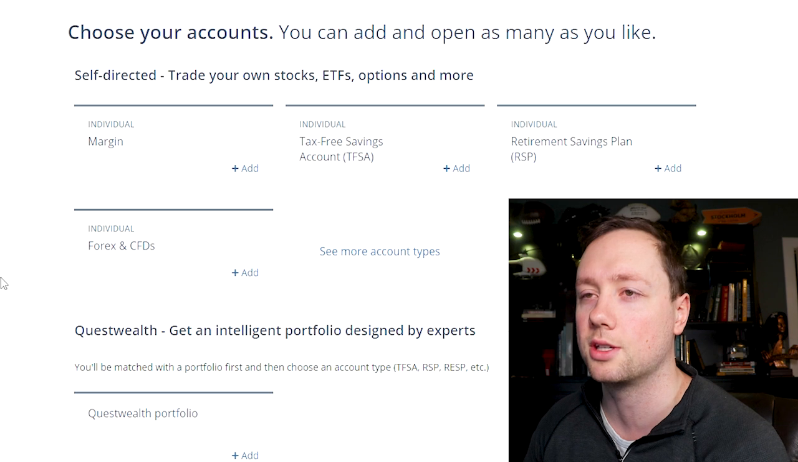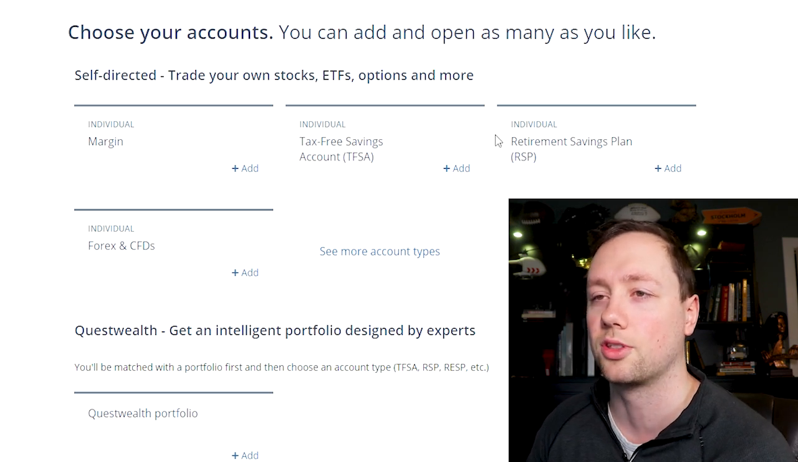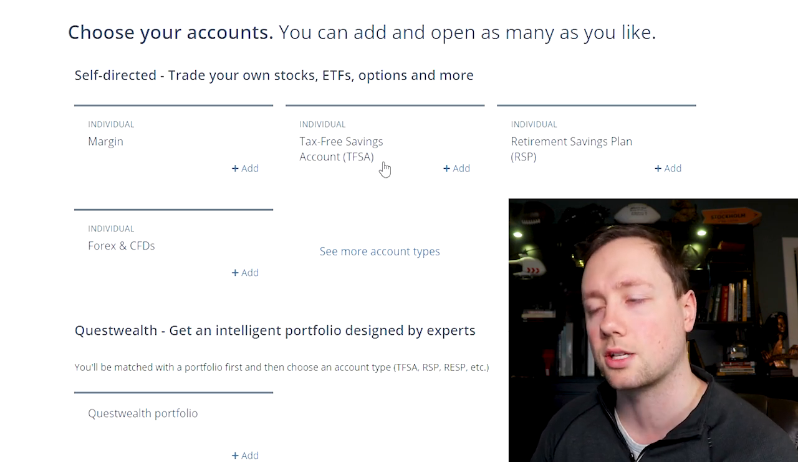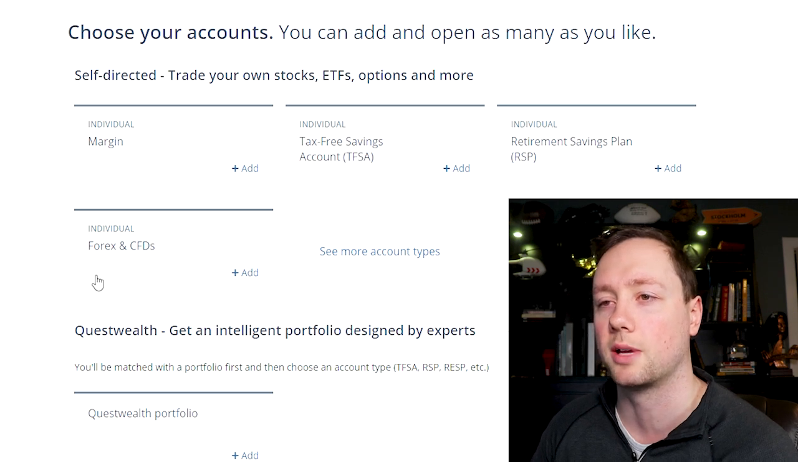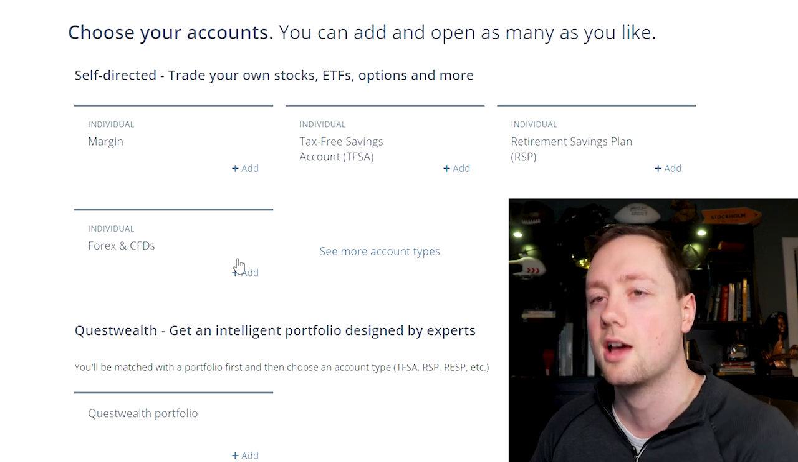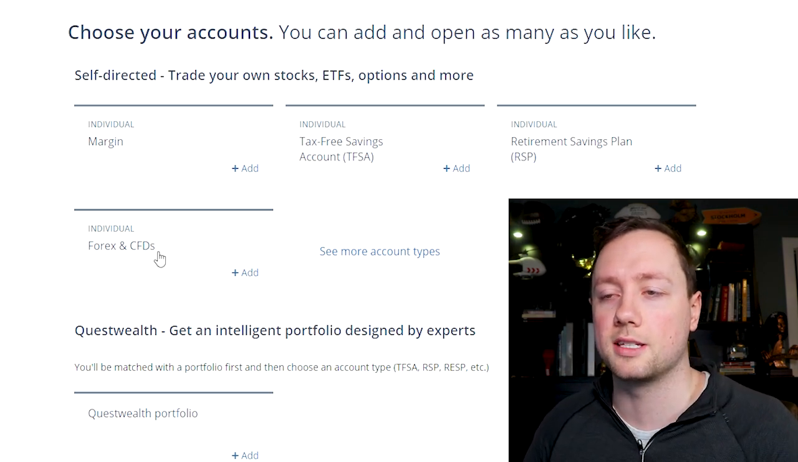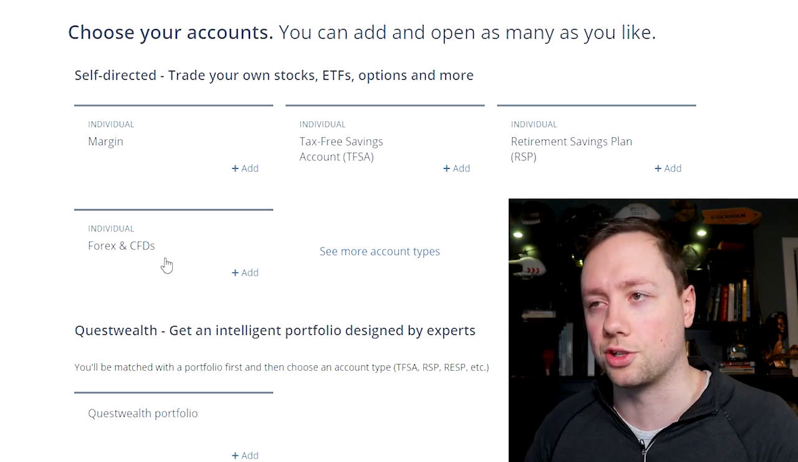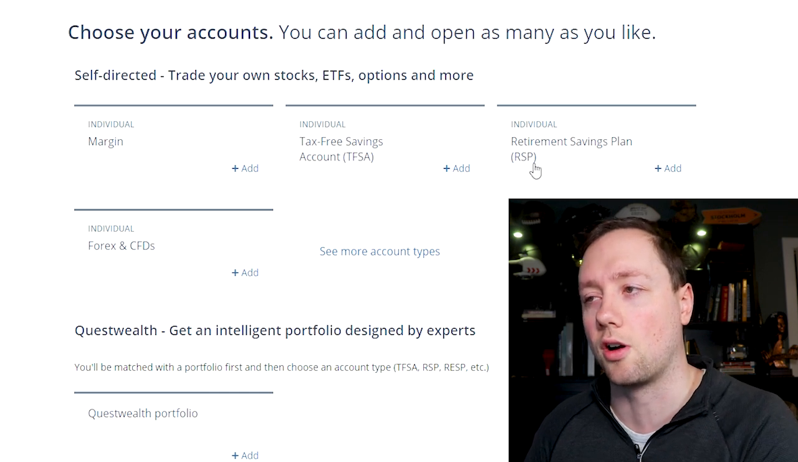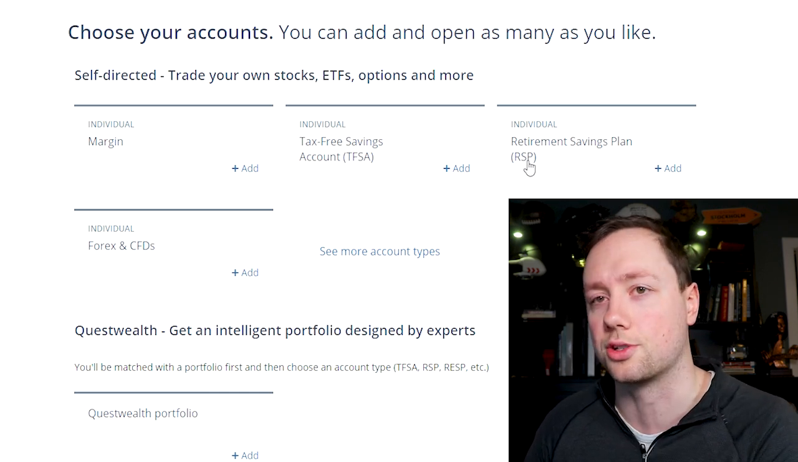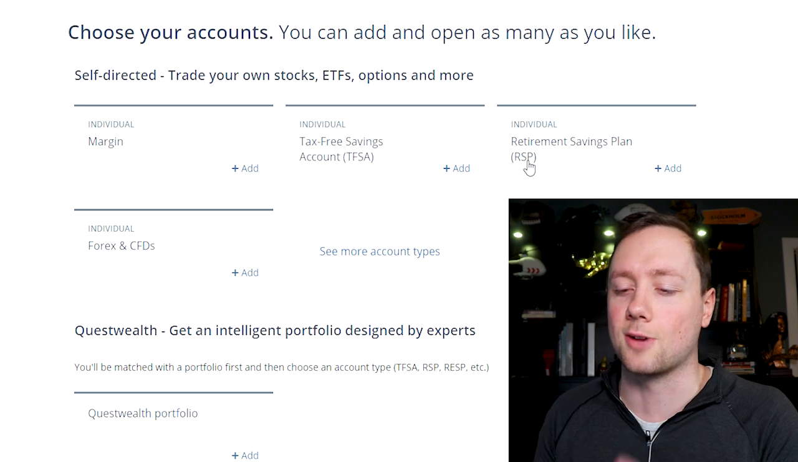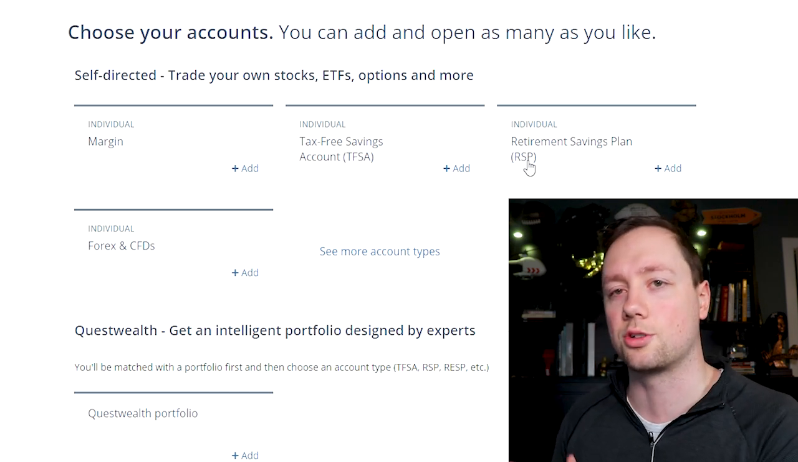Now, as you can see, we have a variety of different things here. So margin account, tax-free savings account, retirement savings plan, and Forex and CFDs. I'm gonna break all of these down for you right now. So a margin account and the Forex and CFD accounts are both non-registered, whereas your TFSA and your RSP accounts are registered. What registered means is that they are registered with the government, and because they're registered, they get certain